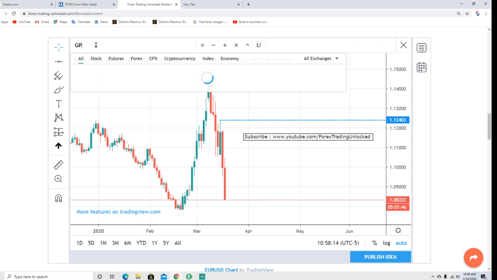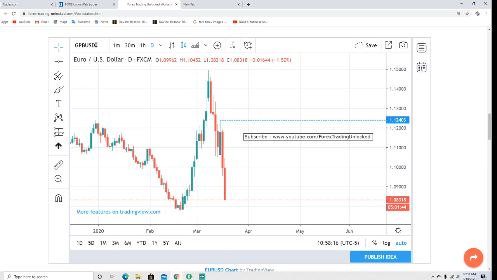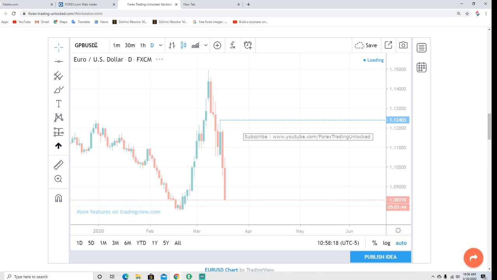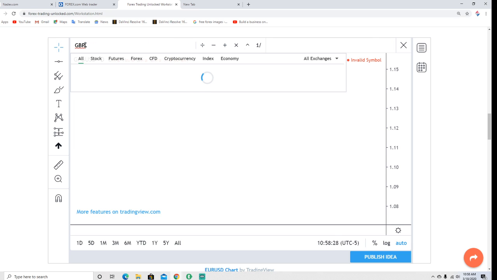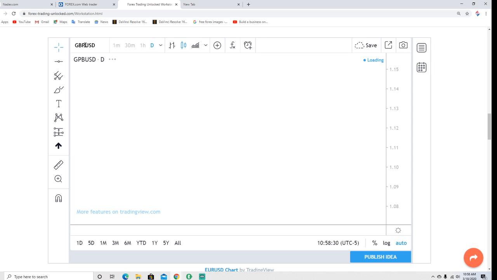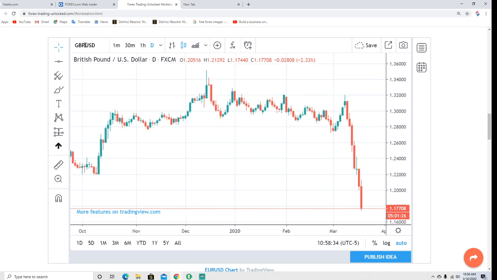This is the other big weight in the dollar index, and look at the break this one has had. Got it reversed here. GBP US dollar. Okay, sorry about that, folks. So now we have the pound US dollar that we're loading up. Now this has been a crazy bear. I mean, look at this.